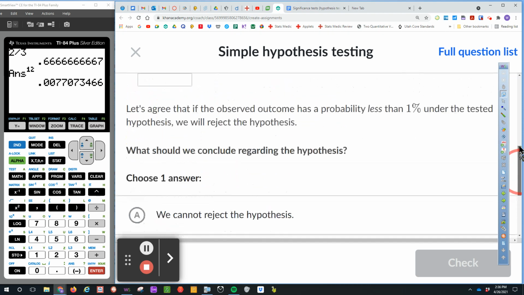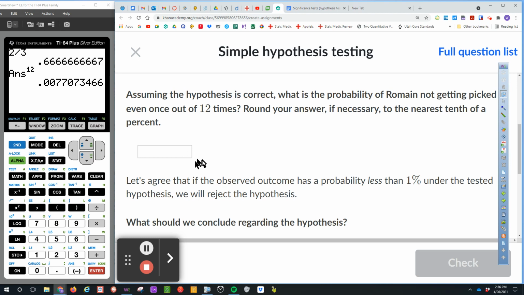Let's agree that if an observed outcome has a probability of less than 1%, something that is so rare to happen, and in this case you set it to be 1%, very, very rare, right? To have something that has only a 1% chance of happening, it's rare. And if you find an outcome less than that 1% chance,